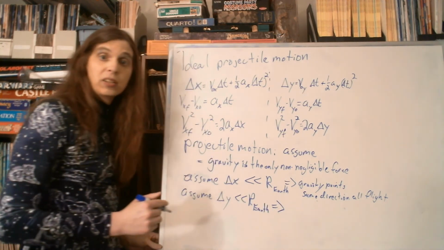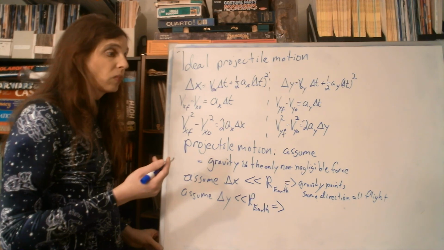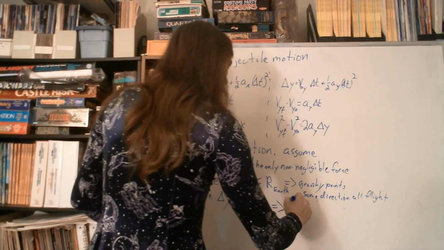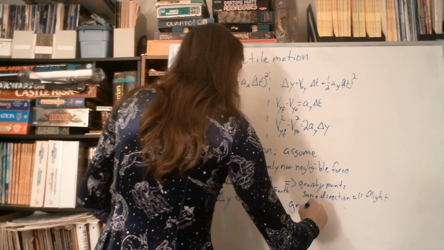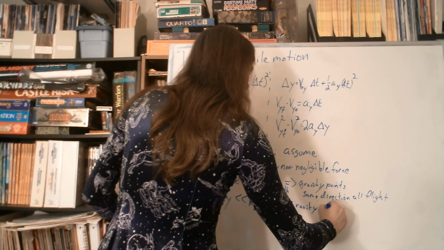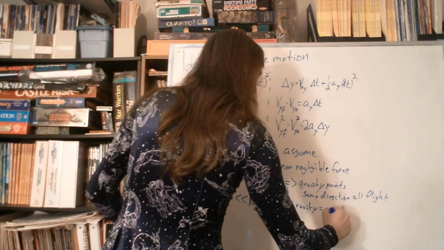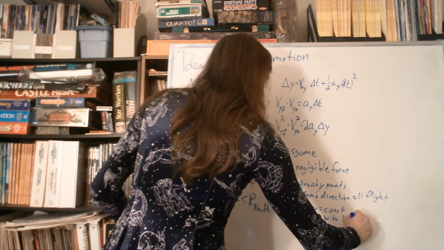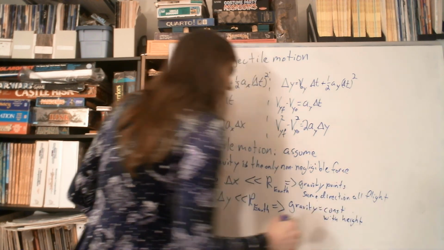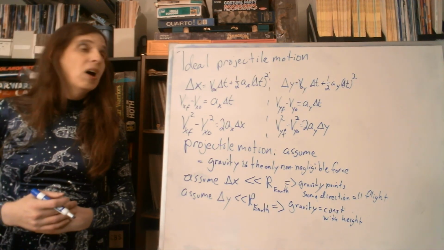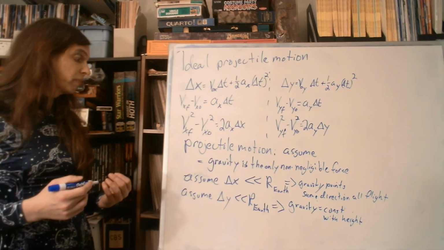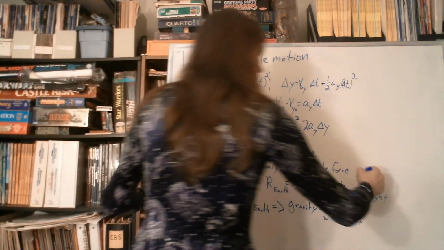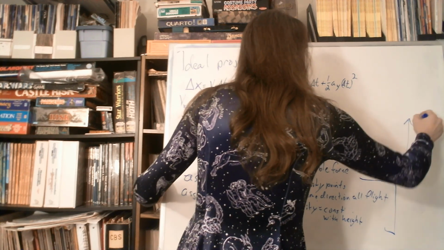And that's going to help make it so that gravity is constant with height. And so these together are going to tell us this. These together are going to tell us that